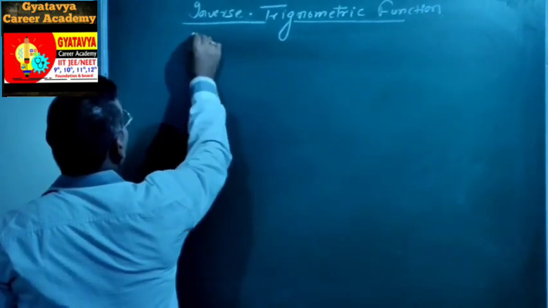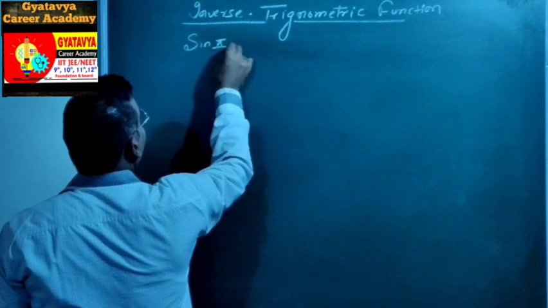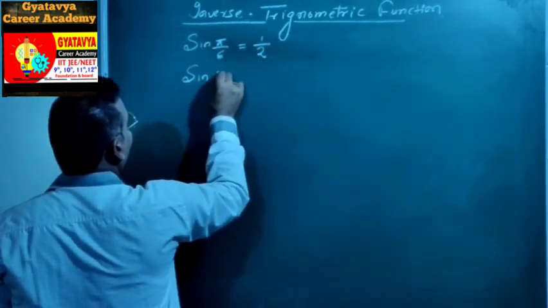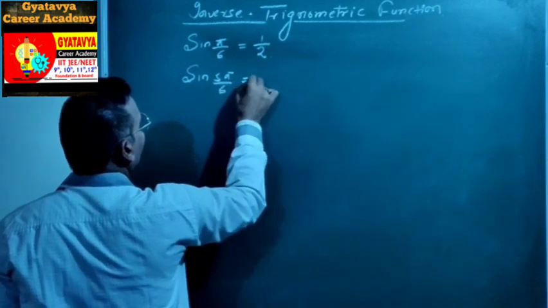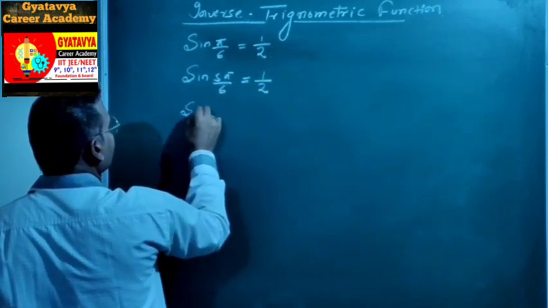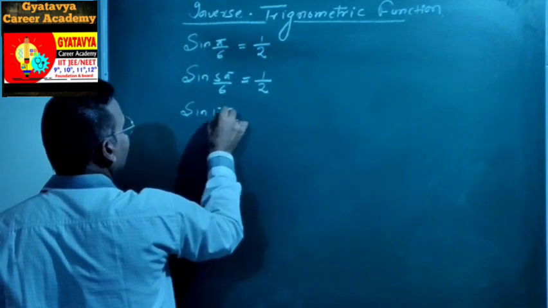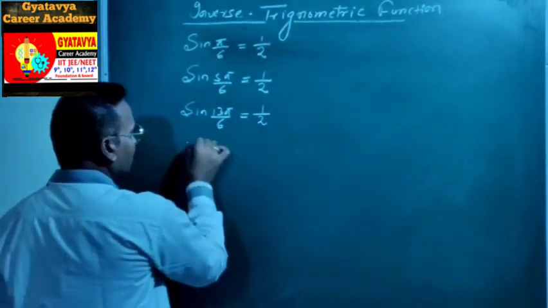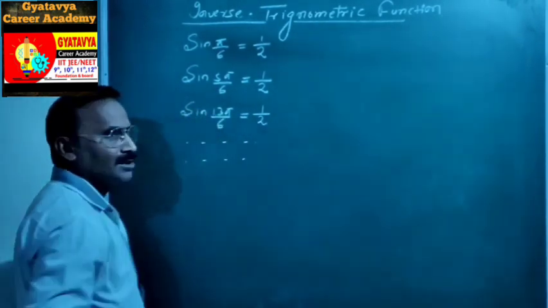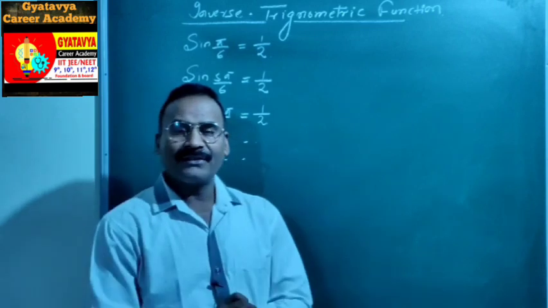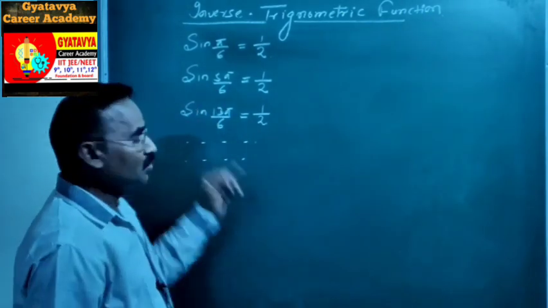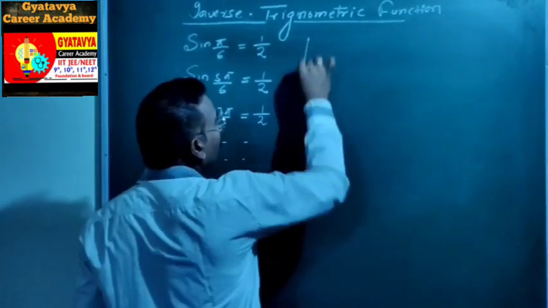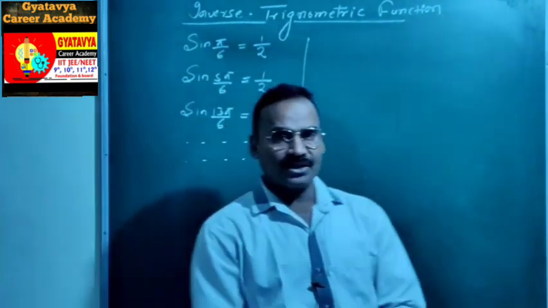Now we know that sin pi by 6 is equal to 1 by 2, sin 5 pi by 6 is 1 by 2, sin 13 pi by 6 is 1 by 2, and so on. There are so many other values whose sine gives the value 1 by 2. Okay, so I have studied in a previous lecture,